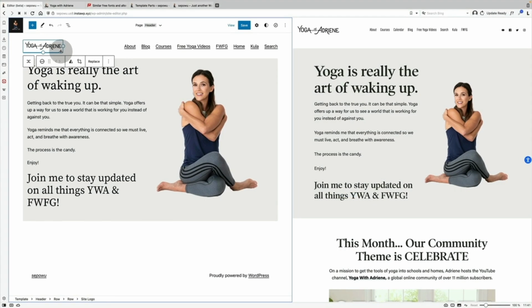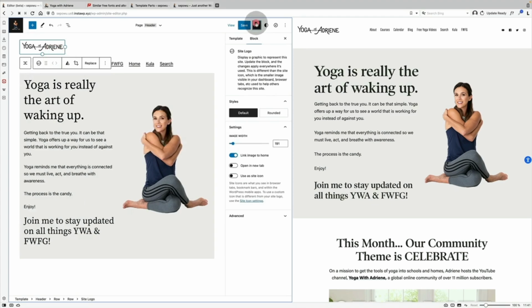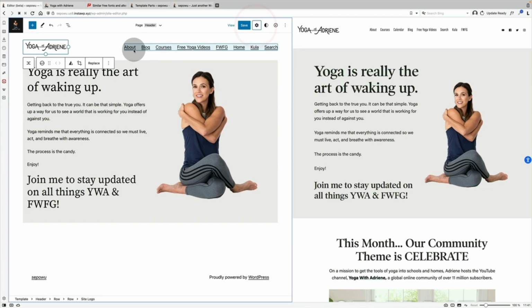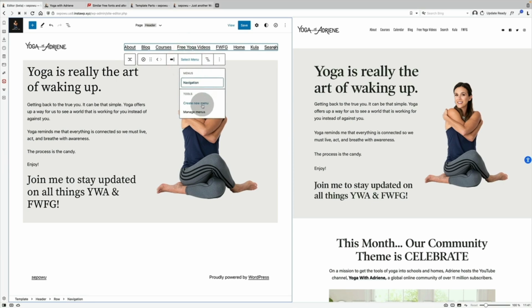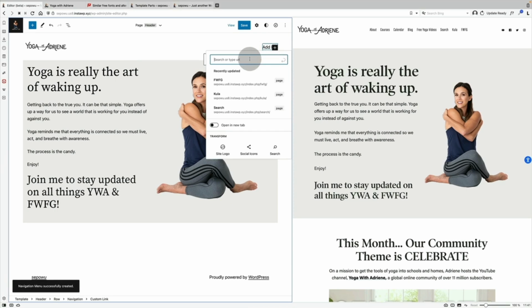Now you can resize this just by dragging this up and down like so. So resizing logos is fairly easy. You can punch in the exact image width over here on the right if you click on the block settings panel, but I've just done it by eye. The next thing we want to do is these menu items are in the wrong order. Now at the moment, as I say, they're just adding them in alphabetical order because we haven't actually created the menu yet properly. So we're going to create a new menu